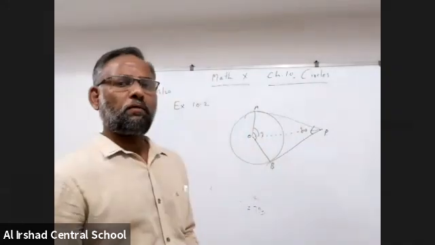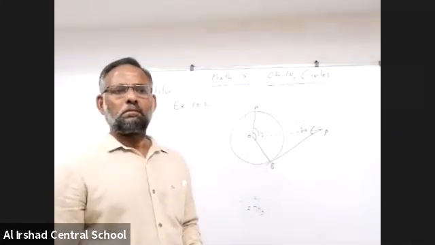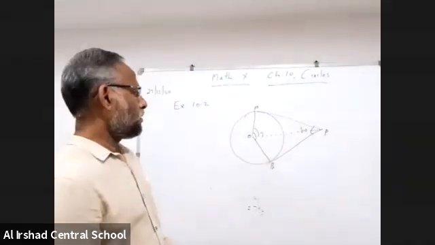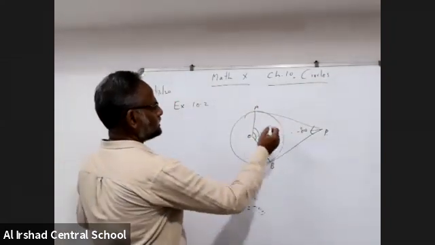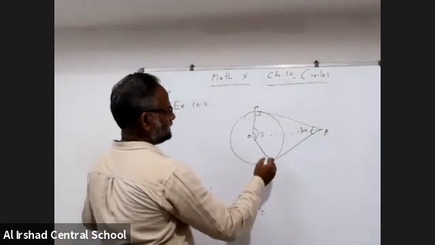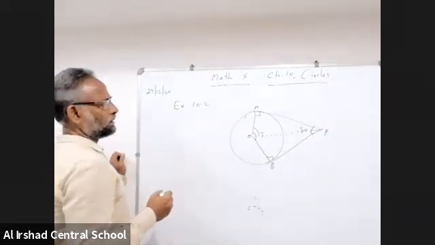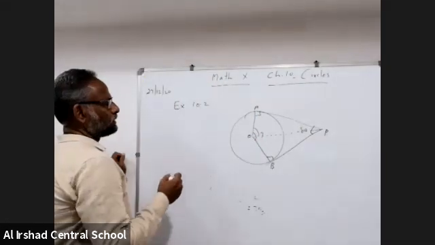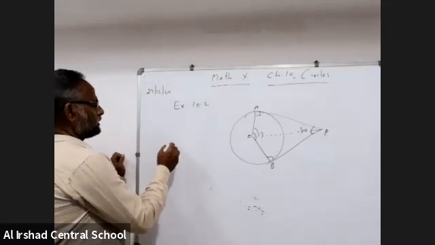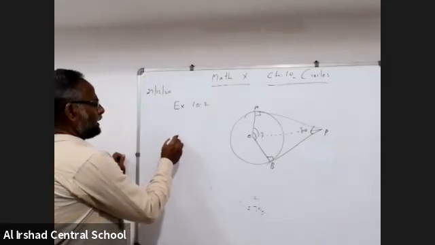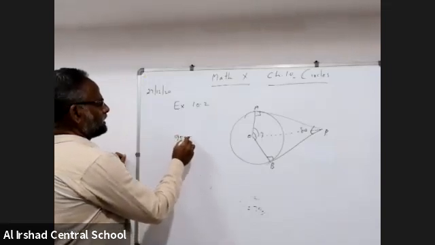Yes, A or B you can find out. How? Because the tangent and radius are perpendicular, this is 90 degrees. So we can find out angle A, 90 plus